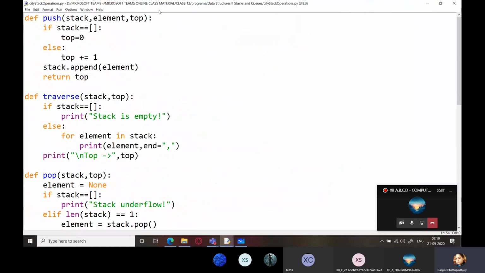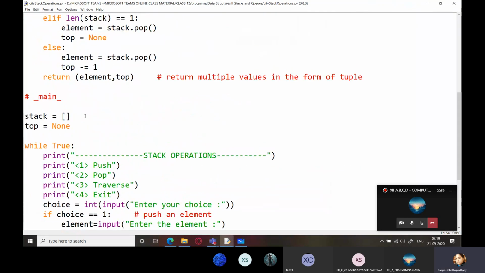Now let's go to the top, or we'll start from here, from main. Okay, our stack is 0, right? I'm not changing the names. If you want, you can change the name to city stack. I'm not changing because I'll have to change it everywhere then, right? So I'm just mentioning it in a comment line, city stack. You can rename it as city stack.